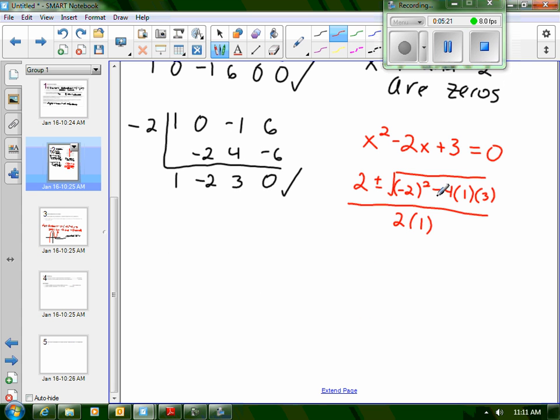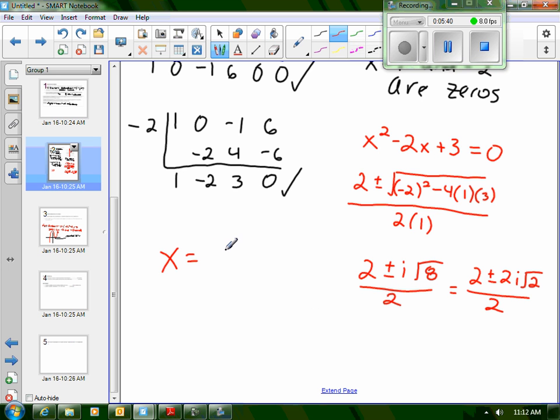You end up with 4 squared minus 12, which is negative 8. So 2 plus or minus i square root of 8 all over 2. We know the square root of 8 can simplify to 2i root 2. And then all of those are divisible by 2, so your final two zeros, and I'm going to write this out like this on purpose, are going to be 1 plus or minus i root 2. And if I write this as two separate zeros, I'm going to have 1 plus i root 2 and 1 minus i root 2. The reason that I wrote it separately is to help you answer the questions on the